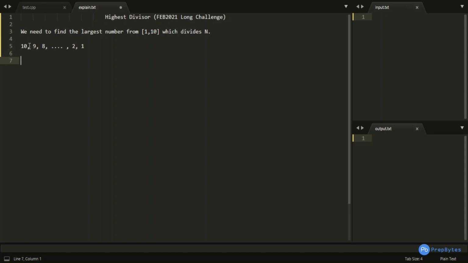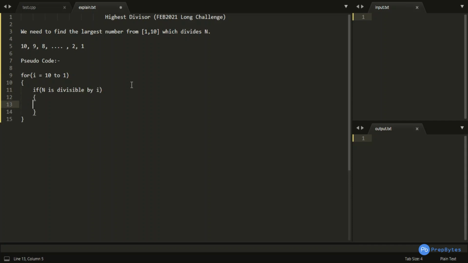And whenever I see that my number is getting divided by some particular number, we would print that number and we would simply break the loop then and there. So the pseudocode for this particular question would be nothing but running a loop from i equals 10 to 1, and in that loop I would be checking if n is divisible by i.